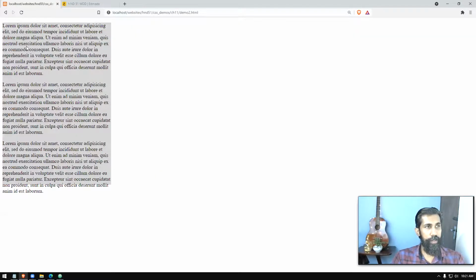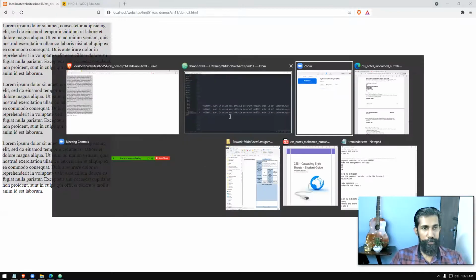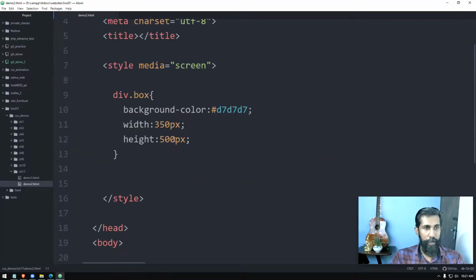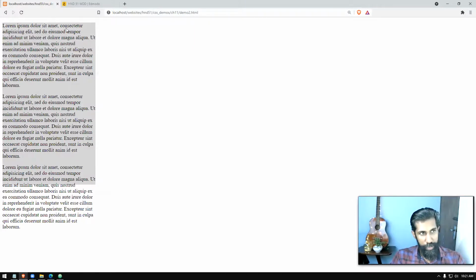Have 3 paragraphs. Now it looks something like this, right? Okay, no problem. We will make the height a little bit smaller, now 300 pixels. You can see now there's an ash or silver color box, a rectangle, with 3 paragraphs. The third paragraph is overflowing the boundary. It's going over the boundary. So we can handle this overflow in a way.